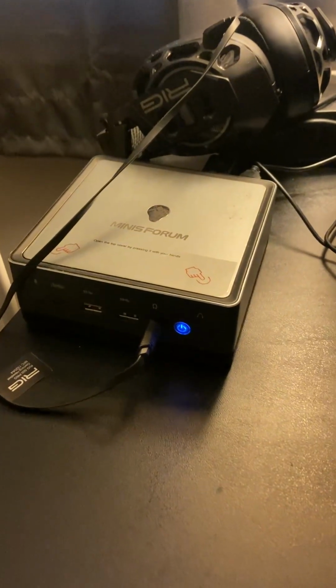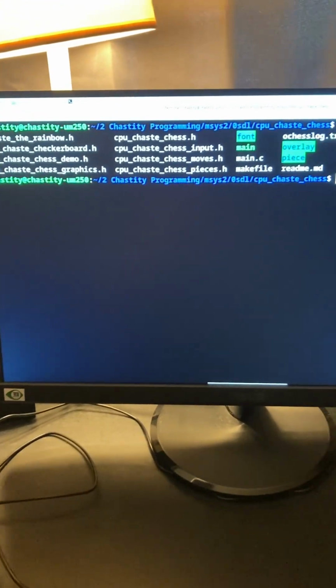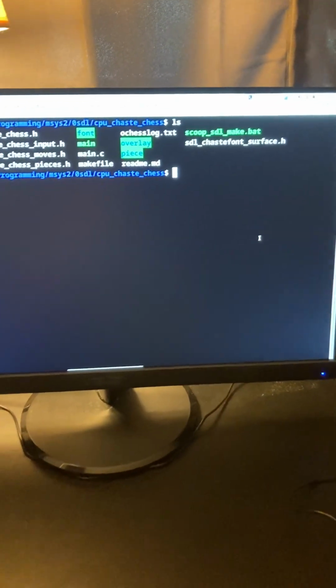Hello people. Since this PC doesn't have a camera, I'm just going to use my phone and record this video. This is my mini PC that my friend sent me a few years back. Now I'm running Debian Linux here, and I'm in the folder where my source code is for